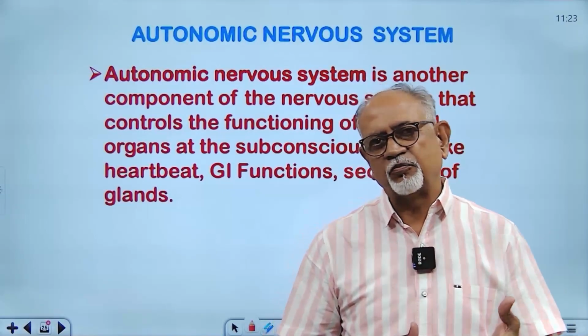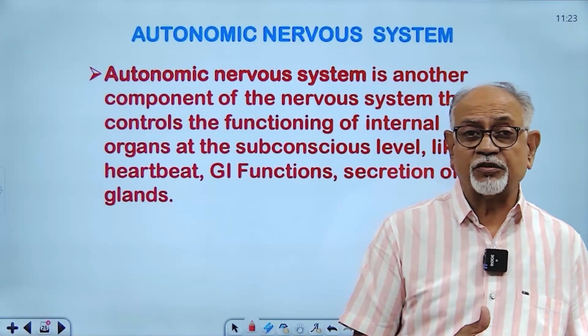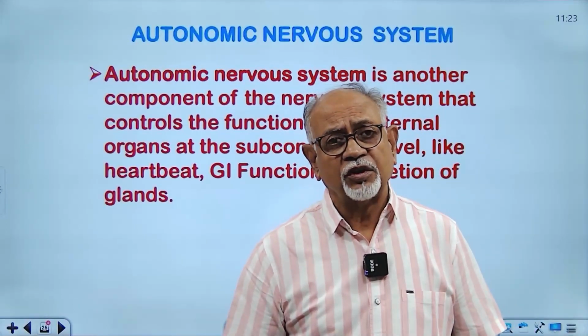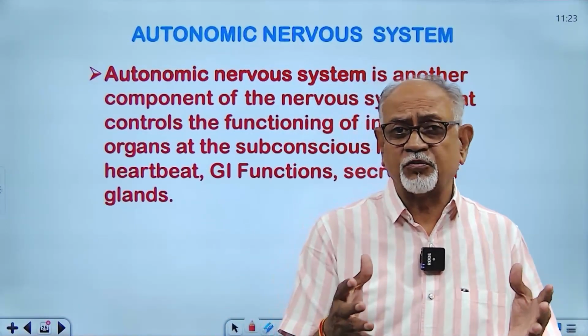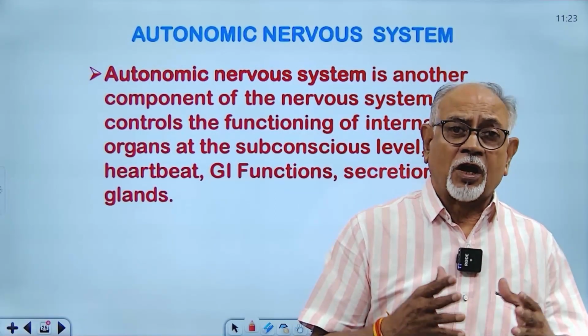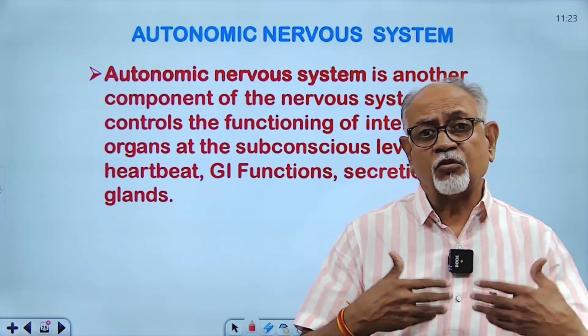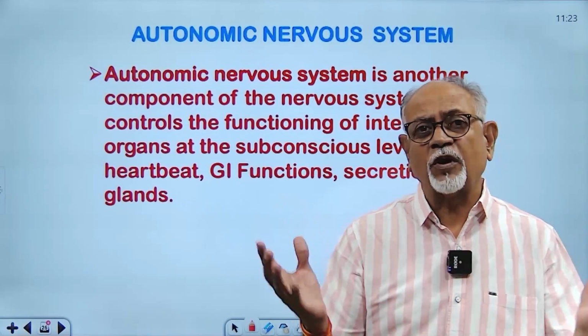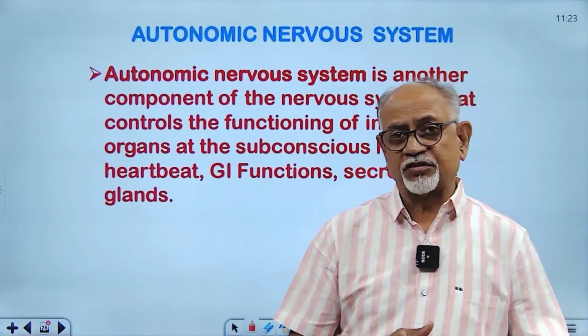One is the sympathetic nervous system and another is the parasympathetic nervous system. The sympathetic nervous system prepares the body for emergencies. The level of glucose is increased, respiratory rate is increased so as to cope with emergency situations, whereas